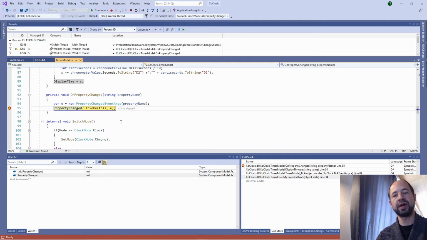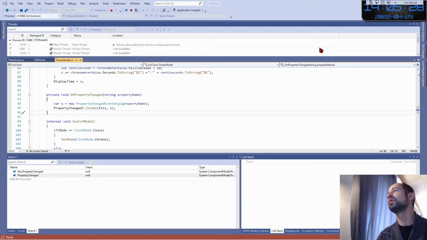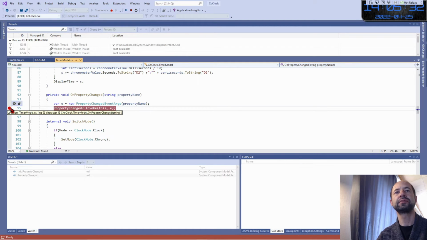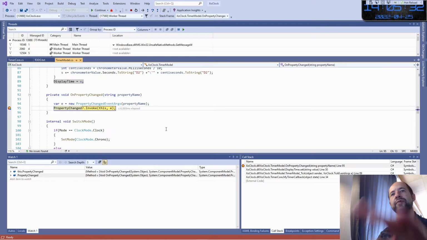So each time I press F5, you see it is null. So I will remove the breakpoint and then put it again once everything is loaded. So now the window has been loaded. I can put again the breakpoint, and the breakpoint is triggered again because this method is executed every second.